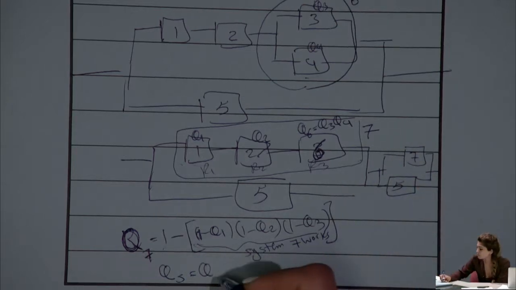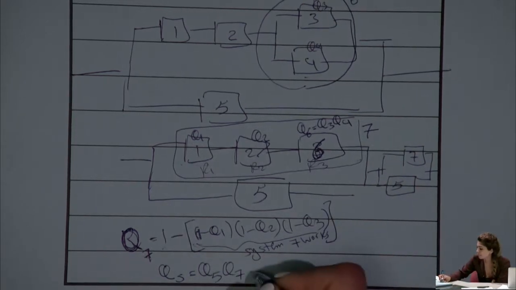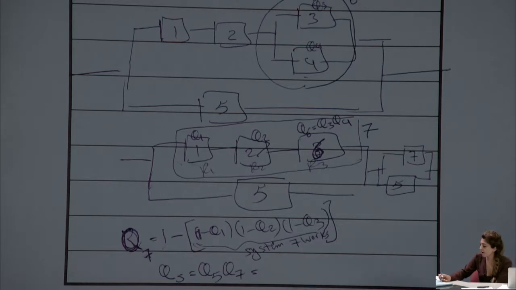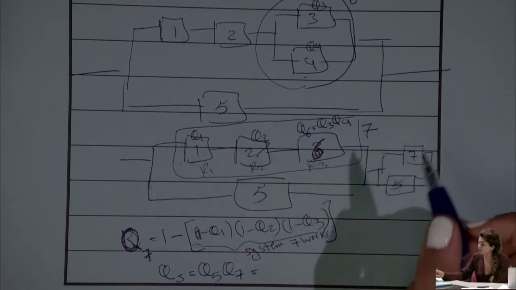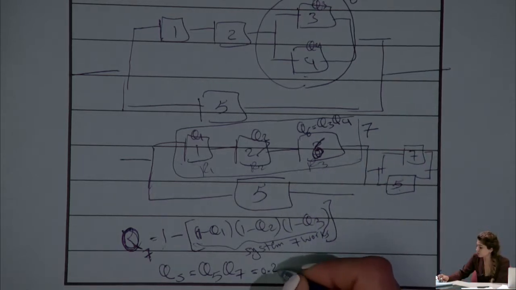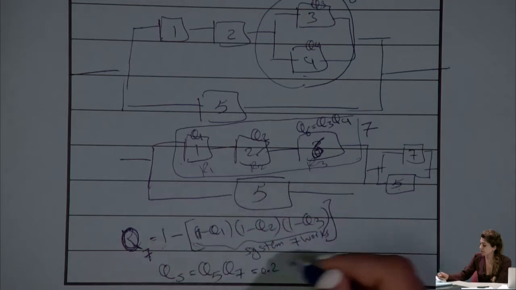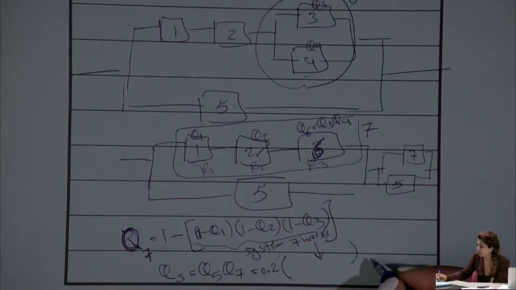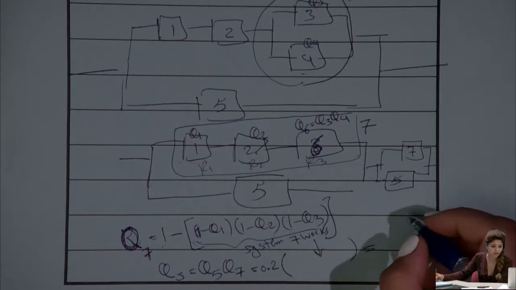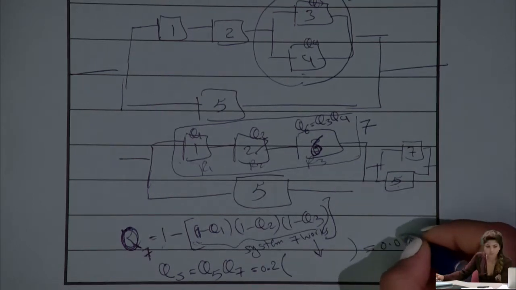So you have Q5 and Q7. Q5 doesn't have an equation, it's just 0.2. And Q7 has this equation. So 0.2 multiplied by that big term up here gives you the probability of failure, which is equal to